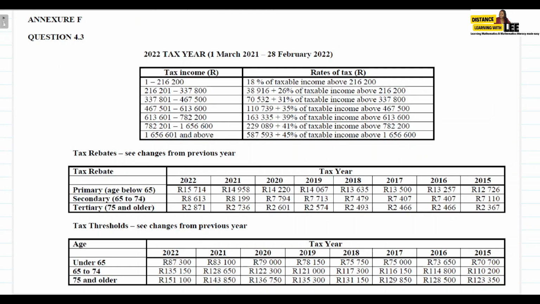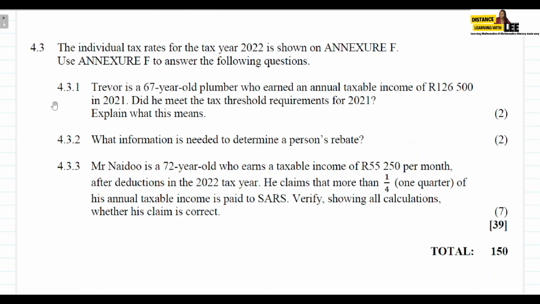So let's have a look at the questions that are given to us, right? Question 4.3.1 says Trevor is a 67-year-old plumber who earned an annual taxable income of 126,500 in 2021. Did he meet the tax threshold requirement for 2021? And explain what this means. Okay, so we are told that Trevor is a plumber and he earned an annual taxable income of 126,500 in